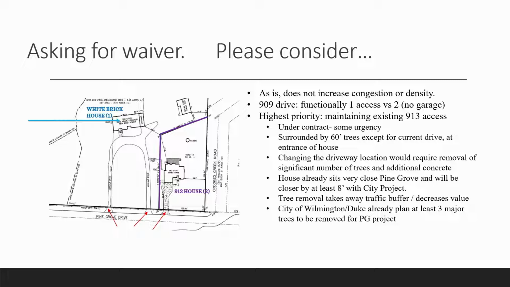congestion along the thoroughfare. The second thing I want to say is that the loop drive at 909, while it is true 2 drives, functionally it's really only 1 car coming out at once because there is no garage here, and we know from the last year in our own behavior, you drive in one way and you drive out the other side. So the likelihood that 2 cars would be coming out, one on each side at the same time, is very low, and so we ask you to consider that.